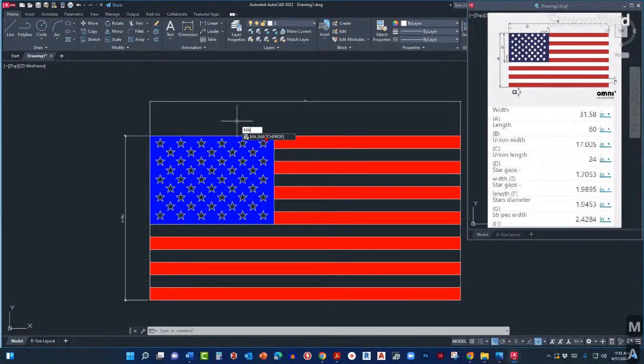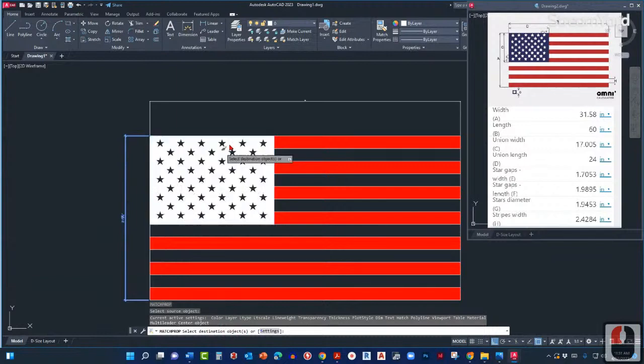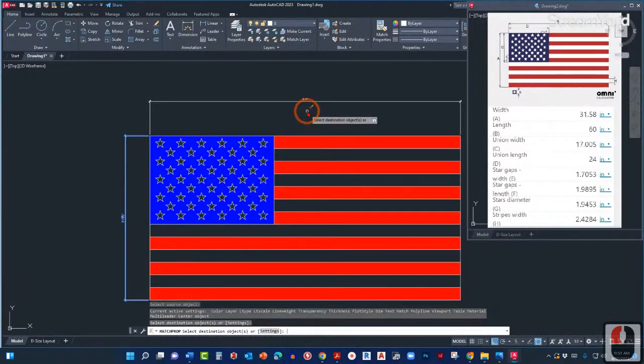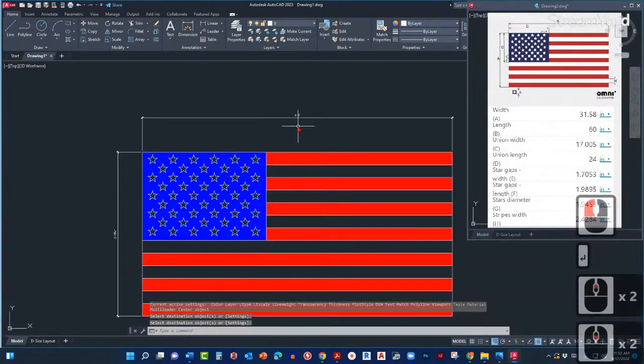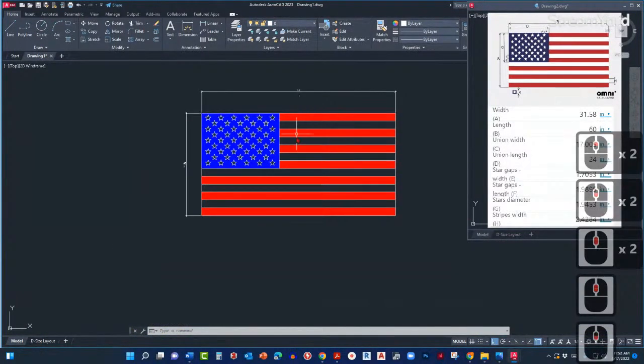For match properties, let's press enter. What this command does is simply match the sizes or properties from one object to another. It says select source object. I'm going to click this. Select destination objects. I'm going to click this and press enter. As you can see, our dimension is bigger now, and this is what we want. So for text,